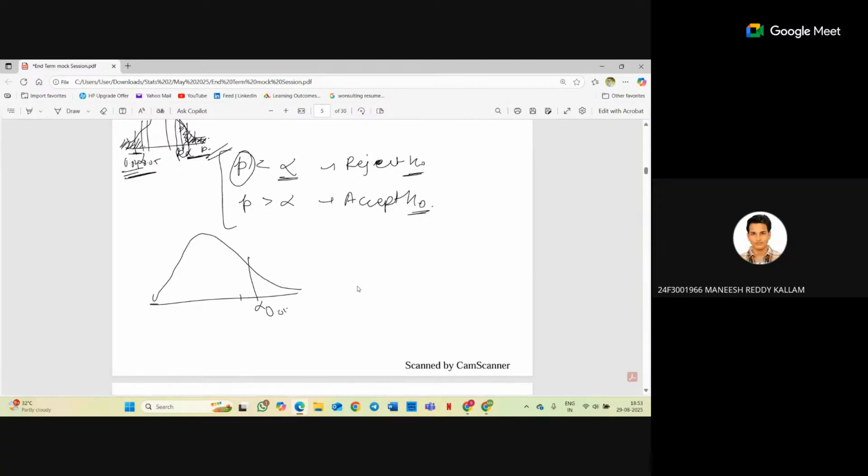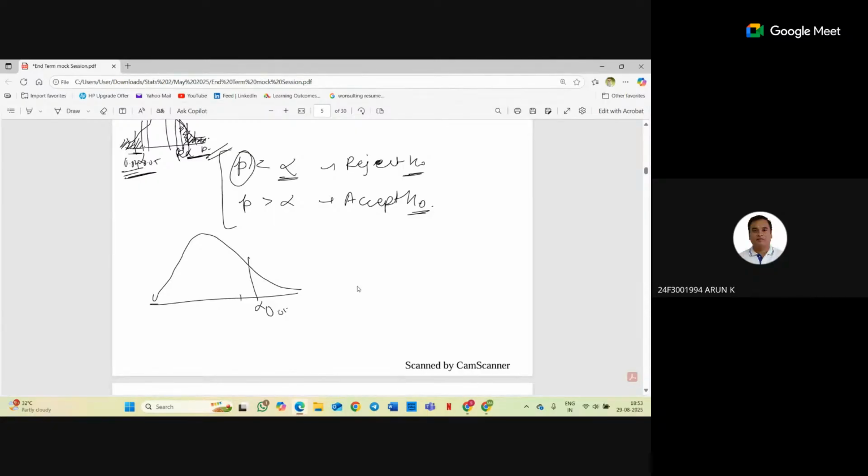P is also an alpha, sir. P-value is also an alpha. No, alpha is a significance value, right? Yeah, even P is also a significance value. No, P is lower than the significance. Okay, lower than C. Correct. At a given C, alpha is not given; we need to find C for a given alpha. It's a bit confusing, but I hope you will understand after writing it twice or thrice.